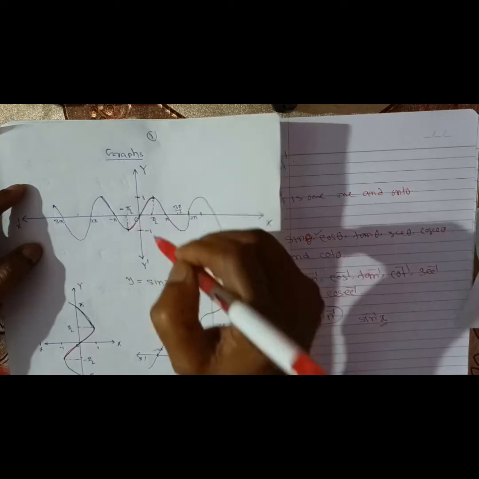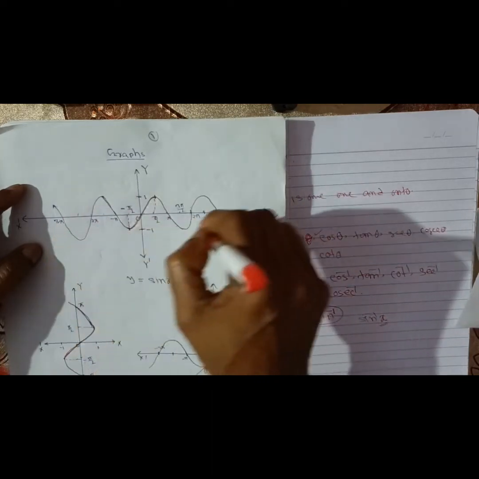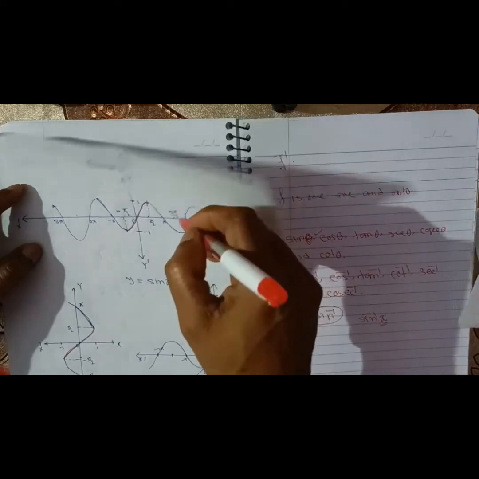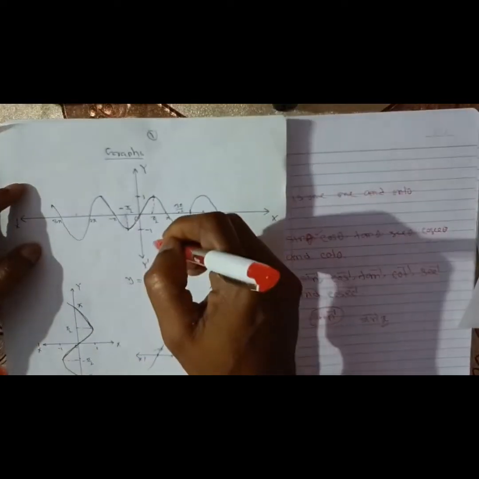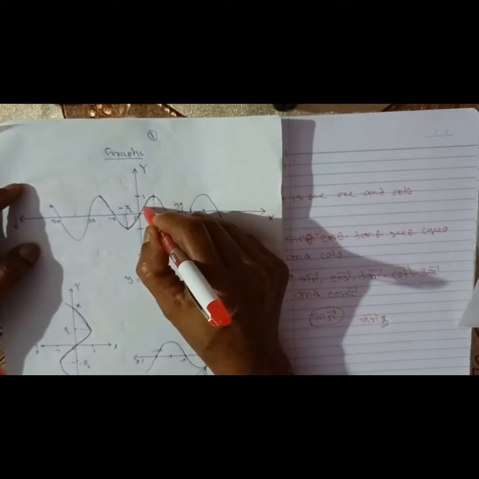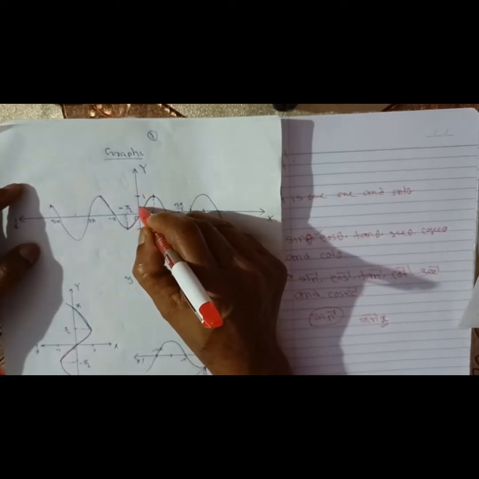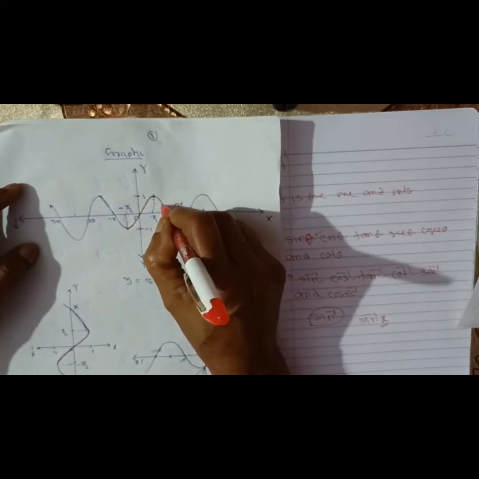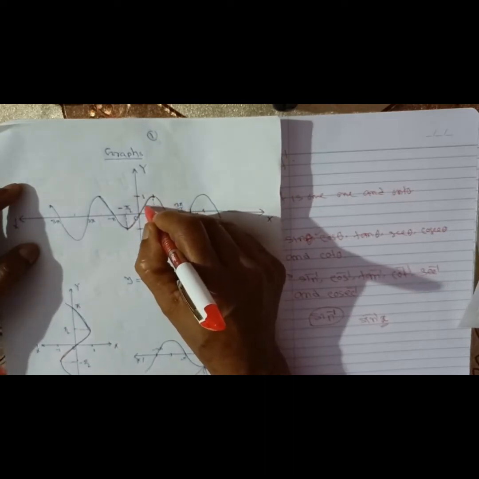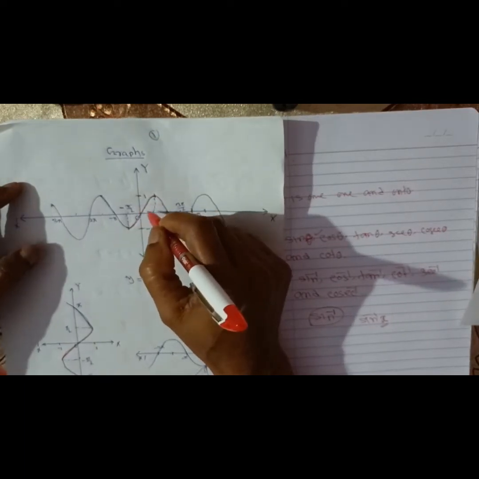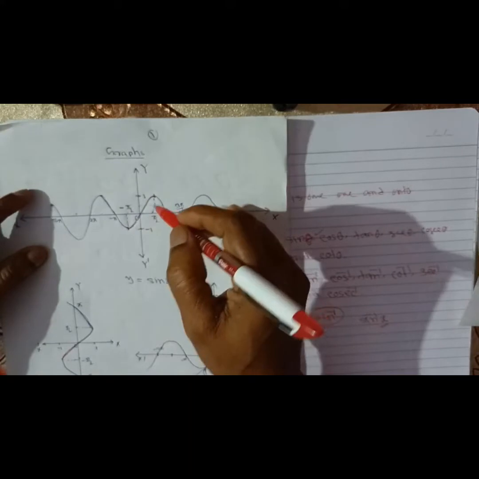But in this case, the function on its natural domain is not one-one and onto. Like this, if we take a point here, it has an image here. Again, if we take another point here, we get the same image. That means one element has many images. So it is not one-one. That's why our